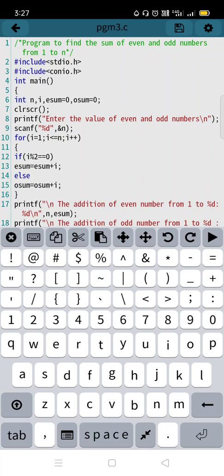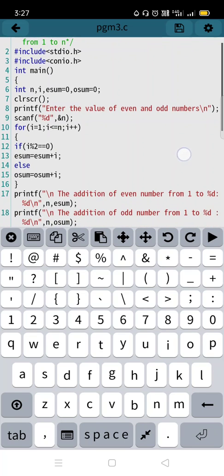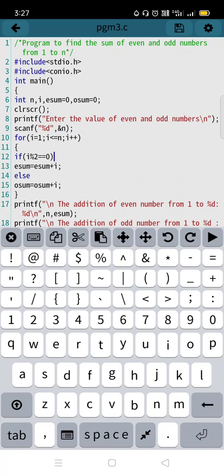Now your third program is about a program to find the sum of even and odd numbers from 1 to n. 1 to n means if you are given an n value as 5, see here you have taken variables n, i, esum, osum.